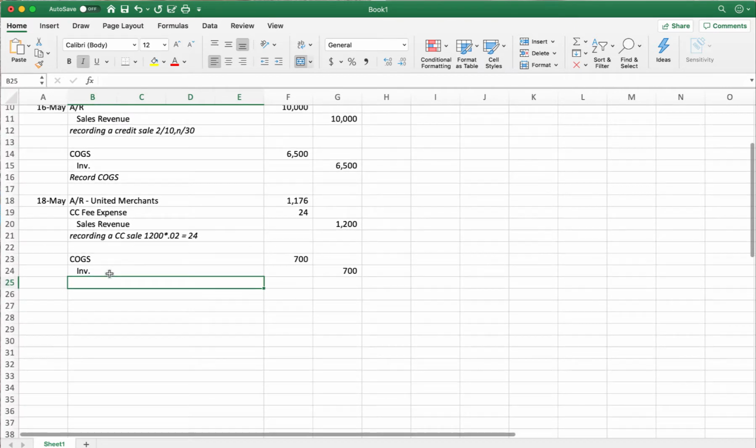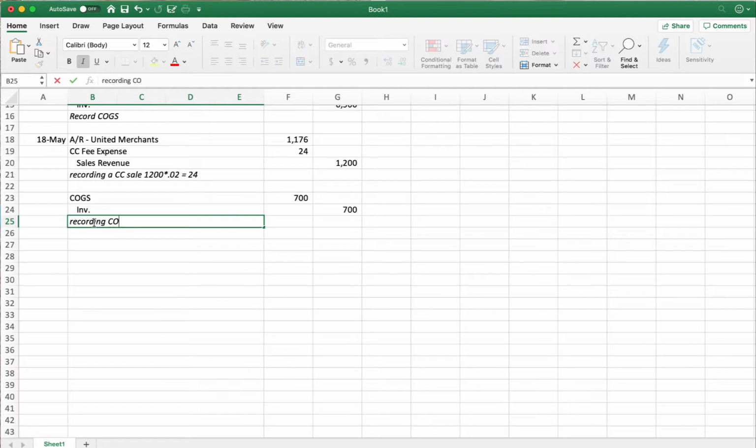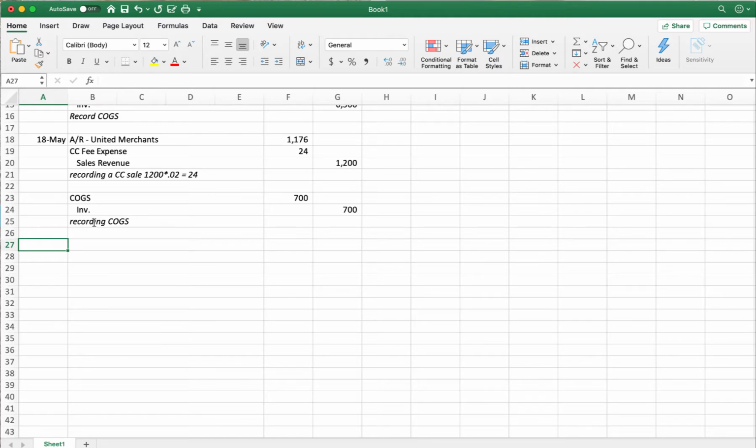I need to put my explanation here. And my explanation says I'm recording cost of goods sold. Okay? Now, what happens next? On the 19th, 5/19,